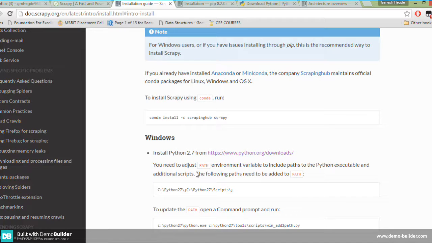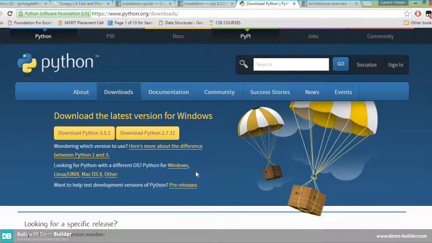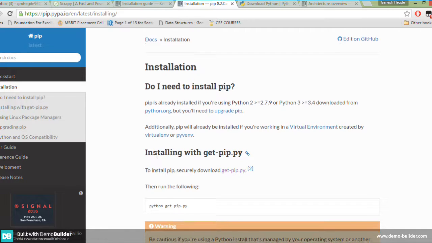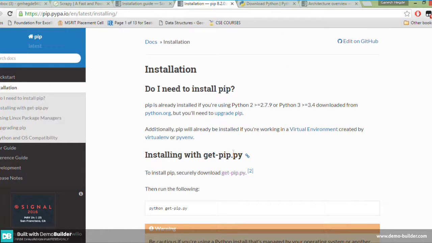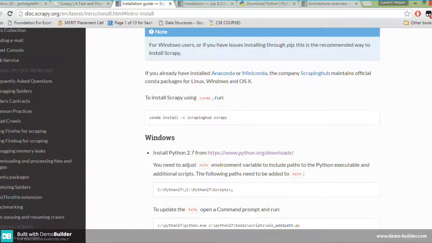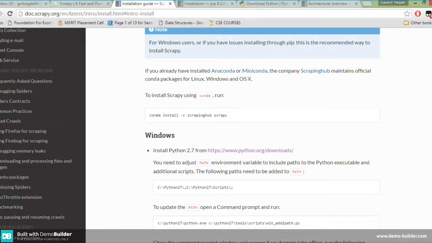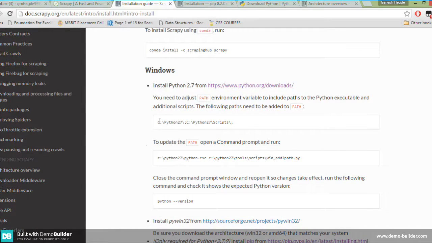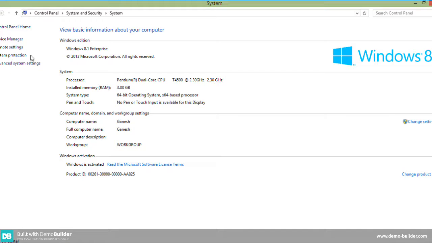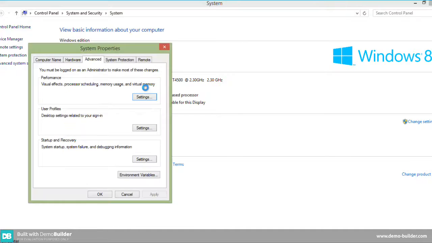For Windows, we can download Python from this link. We go here and download Python 2.7, and after downloading, you need to install it. After installing Python, I need to set the path environment variable in Windows. I go to system information, advanced system settings, and then environment variables.